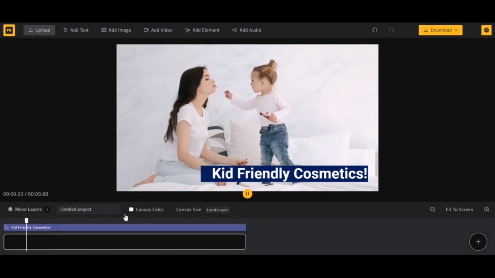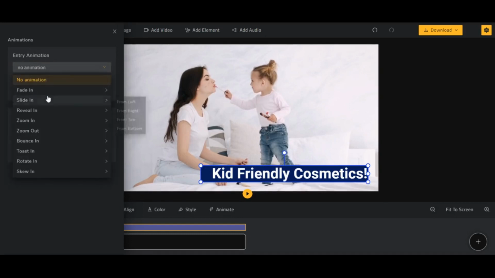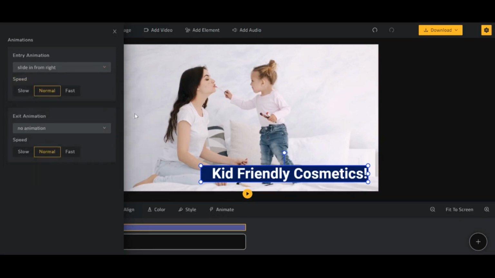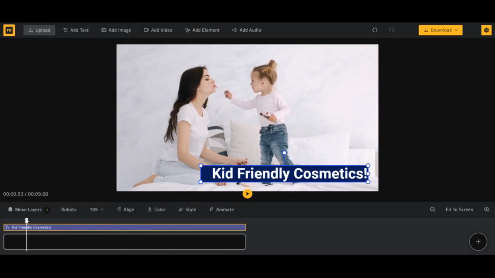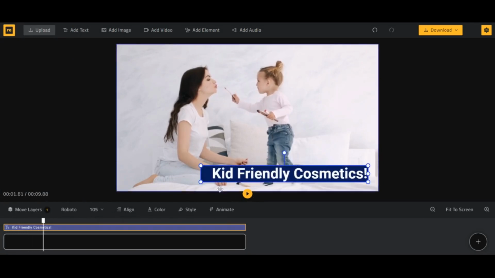Okay, so let's say I want to animate this text. I'll click on animate. There is an entry animation and an exit animation, and I want this entry animation to slide in from the right side of the screen, so I'll say slide in from right. Okay, so I'll show you a preview. This is how it will look, right? And I want this to